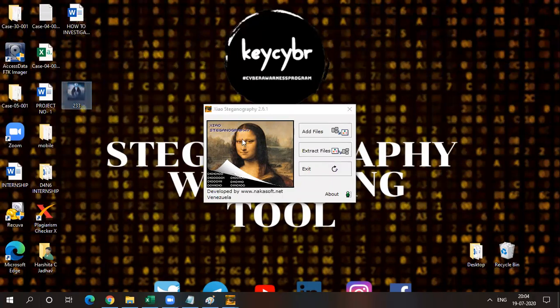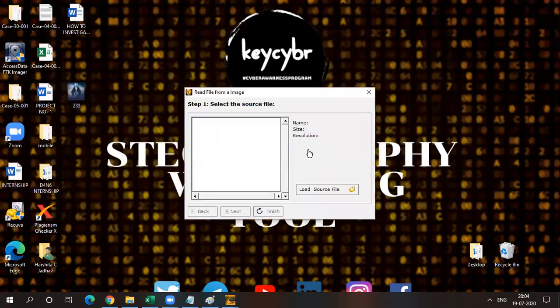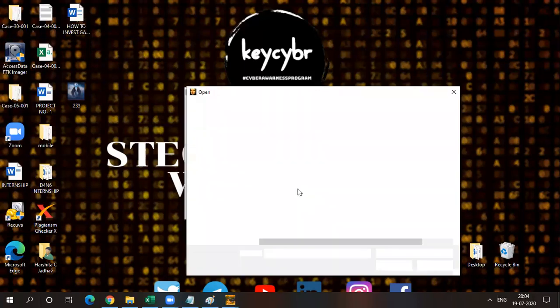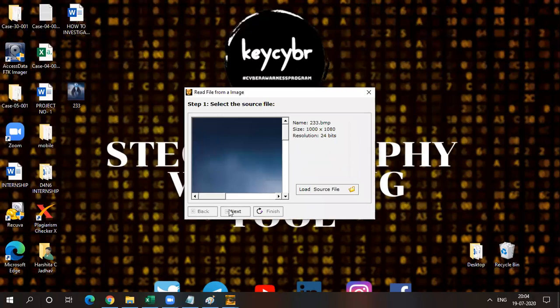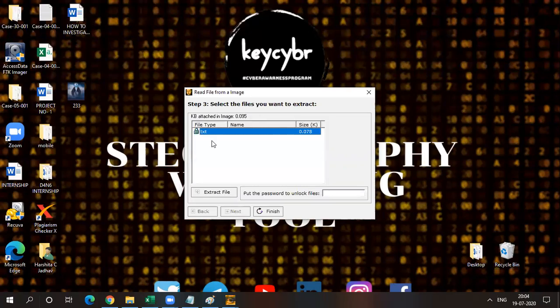Okay, so for that we need to go to extract files here, then load source file, that is our image file, our steganography image. Then open, then click on next. Click on next, and now we need to put in a password here.